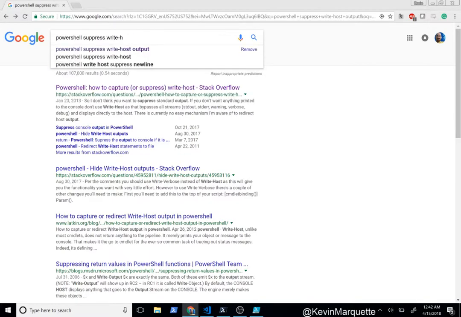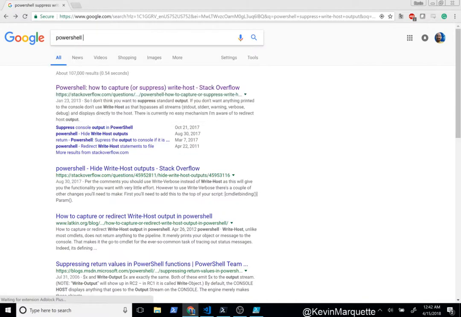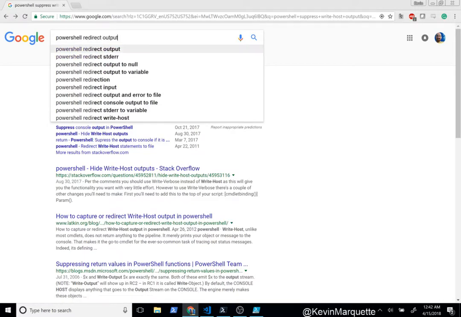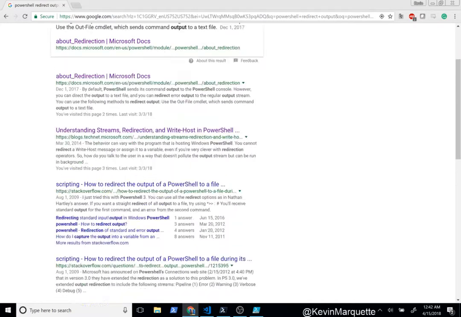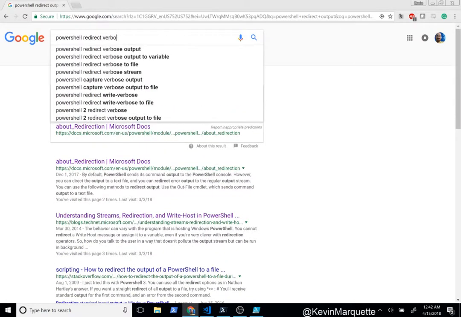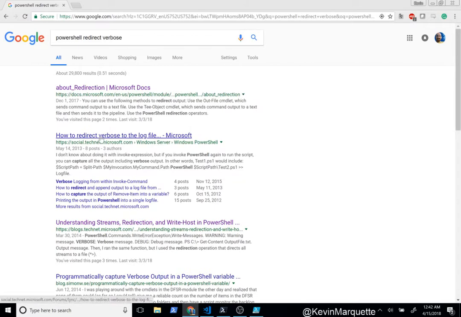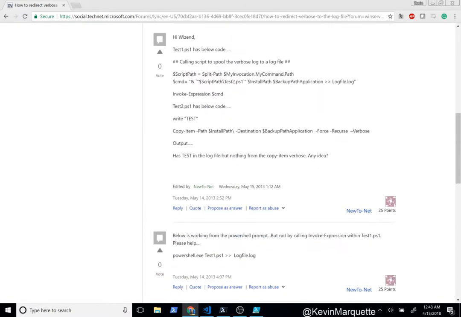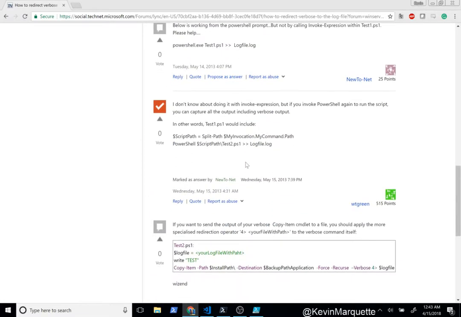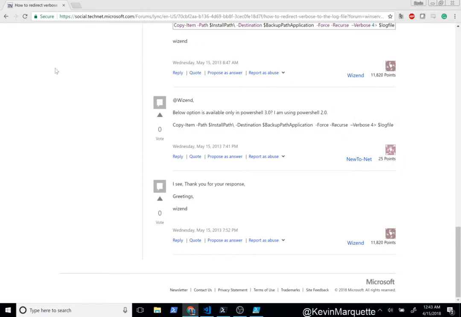Suppressed. I guess to redirect output. About redirection. Redirect. Verbose. Sure. And there's something simple. I generally just don't care to memorize these commands. That's all logging though. Oh, there it is. Four down to that. So I think we can do